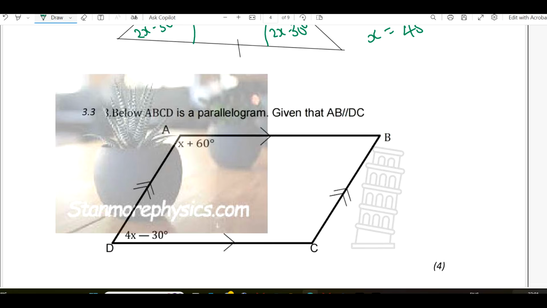Guys, mostly in a parallelogram, we usually get co-interior angles. We're solving for x, guys. We know that this angle and this angle add up to 180. It is a co-interior angle. They're not equal. They add up to 180. So it's going to be x plus 60 degrees plus 4x minus 30 degrees add up to 180. Reason: